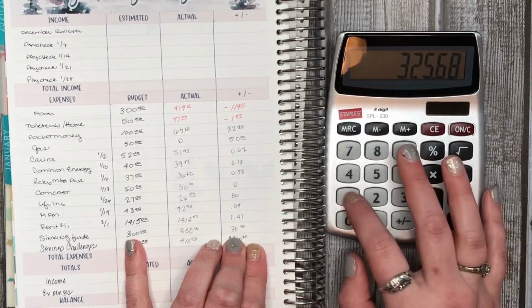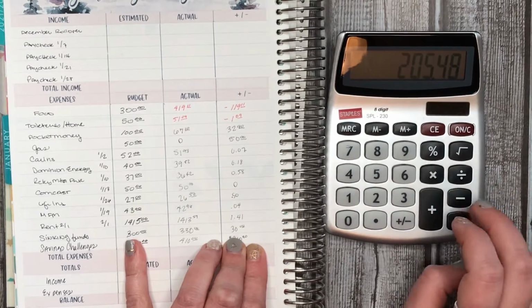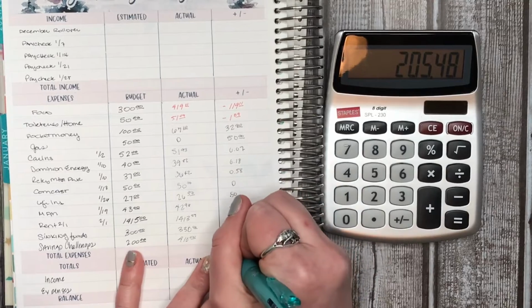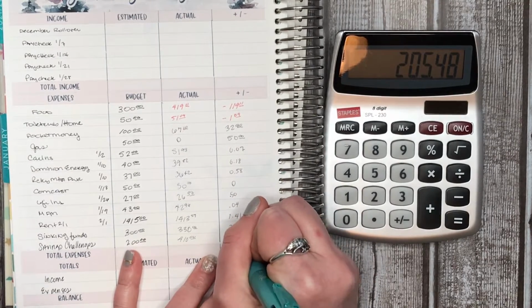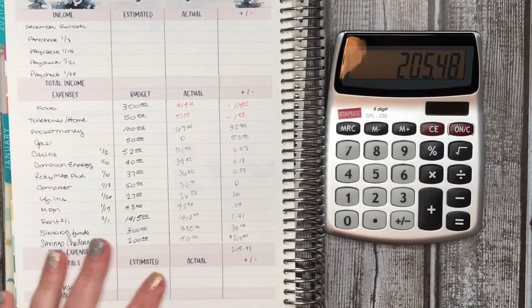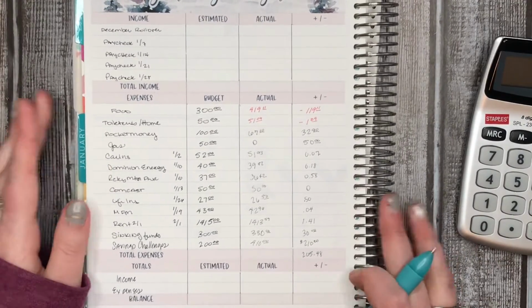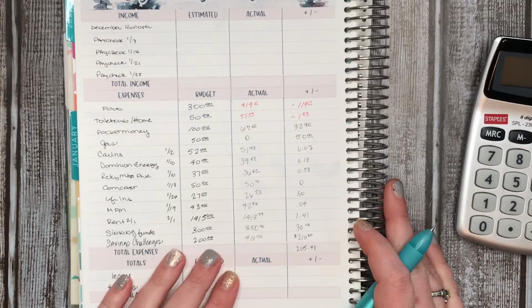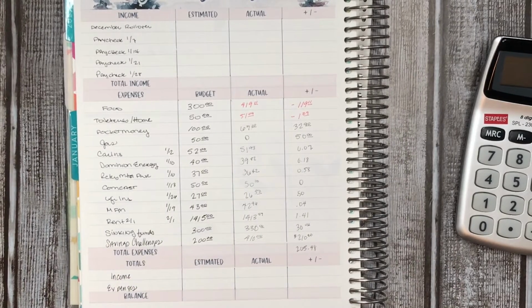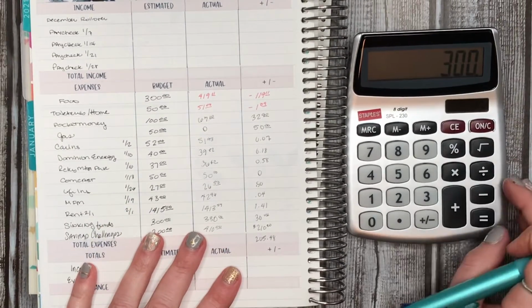Okay, minus 119.11 minus 109. So 205.48. And I'll go back and check when I put this into my Excel spreadsheet how well I did. So, should I sit here and add all this up for you guys? Will I try to do this? Yeah, 300. I probably should have done it